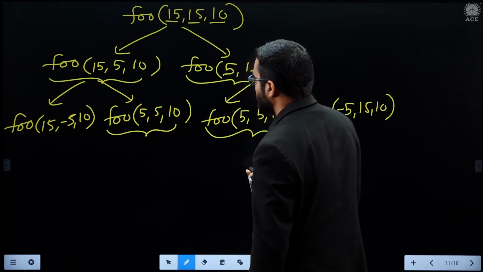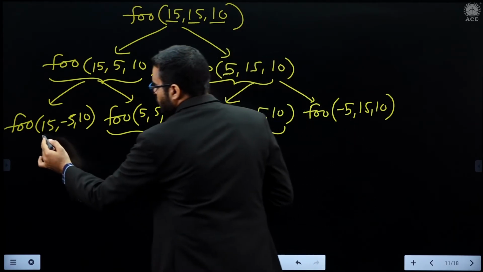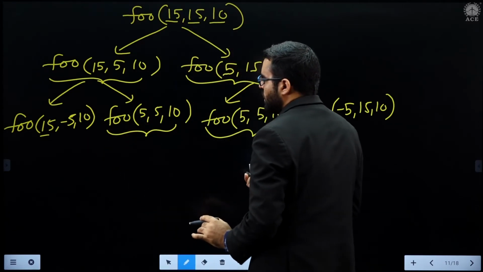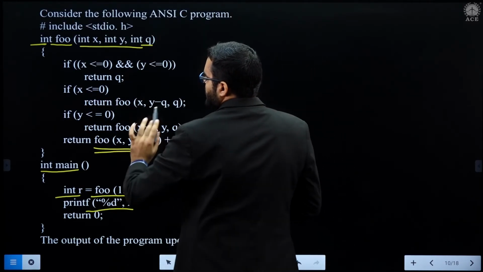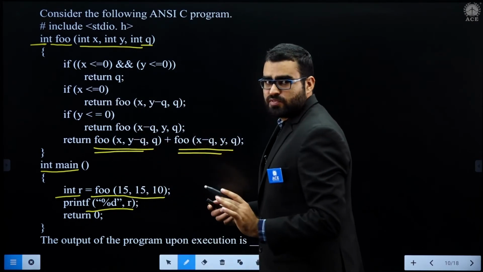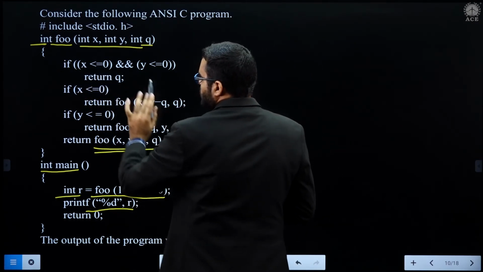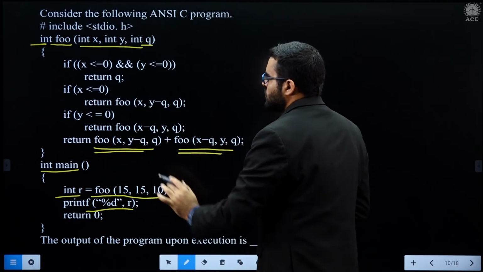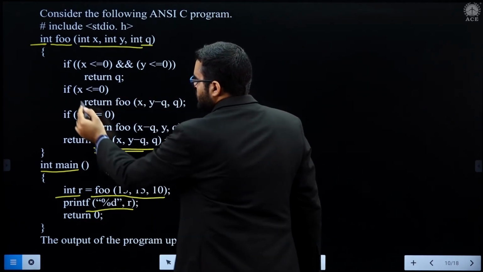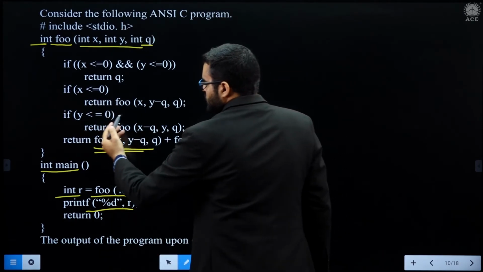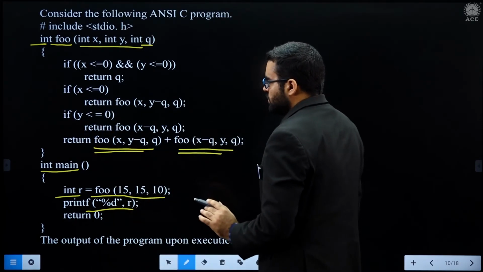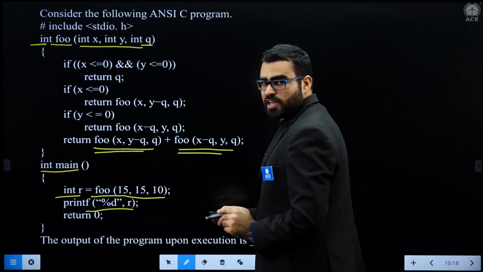So let's go back to here, because the value of x is 15 and the value of y is minus 5. Here this if condition will become false, because 15 is not less than or equal to 10. This if condition also will become false because the x value is 15. This if condition will become true because the y value is minus 5.